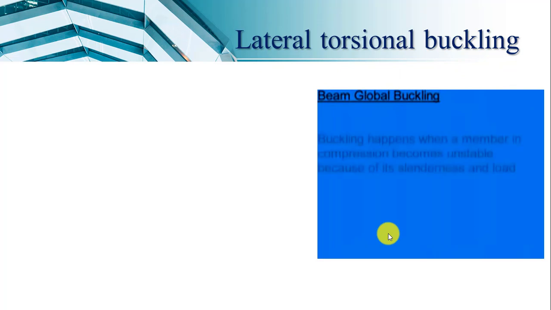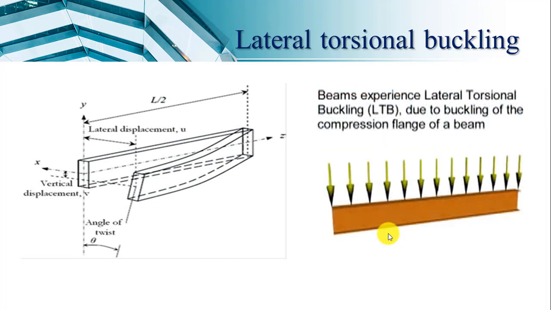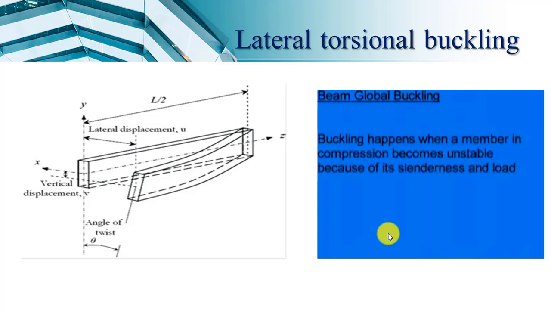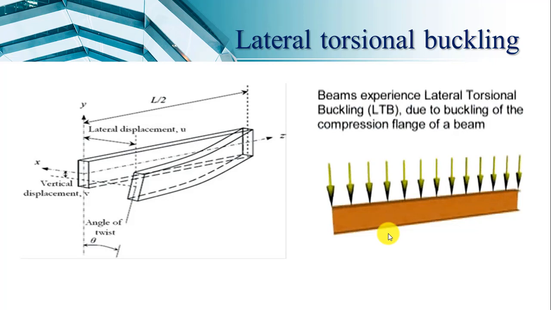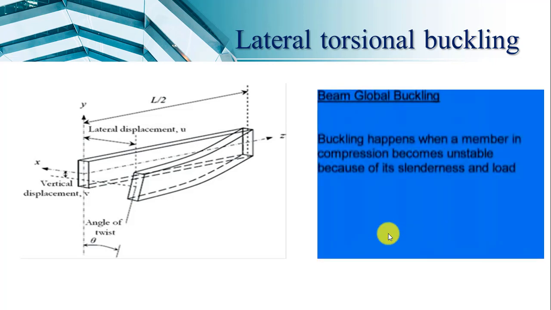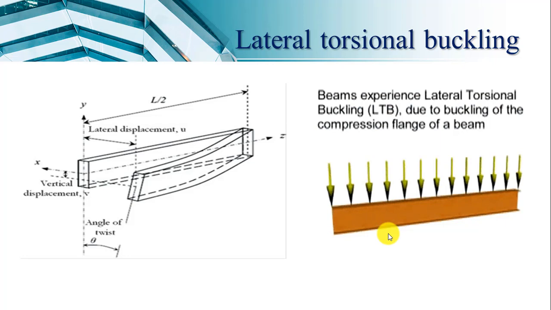Then the next part is lateral torsional buckling. In my previous video, I gave you these terms: what exactly is buckling, what is torsional buckling, and what is lateral torsional buckling. Mainly, in the case of a column we say buckling, in the case of beams we say bending. That is, when the axis of the element gets buckled, then we say that it is buckling.